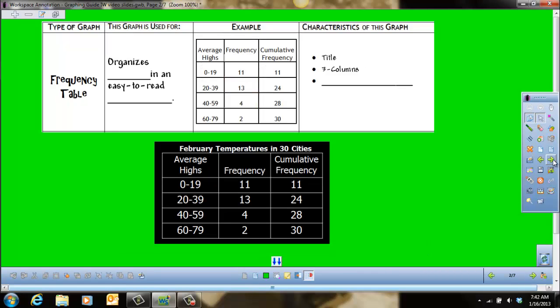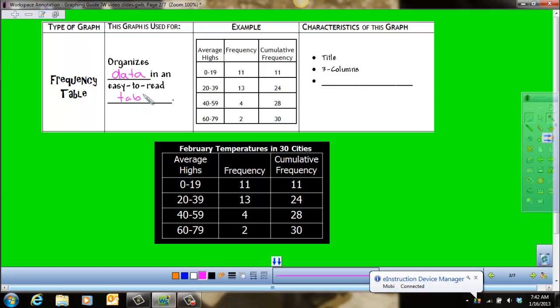The first graph we're going to talk about is a frequency table. And a frequency table organizes data in an easy-to-read table. You can see an example here, and we'll go over that in a little bit. But characteristics of this graph, you always want to have a title. You want to label each column, and there's always 3 columns. And the last thing you want to make sure is you have equal